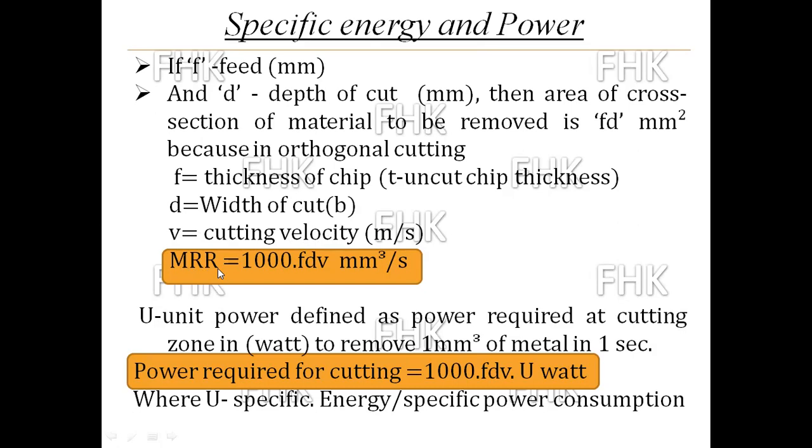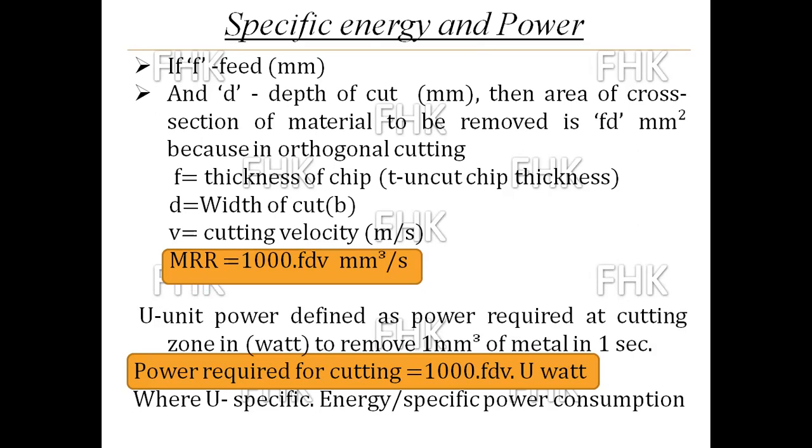So metal removal rate will become 1000 FDV mm cube per second. The cutting velocity is given in meter, so for converting to mm per second, because the others are in mm, you have to multiply by 1000. So this will become 1000 FDV mm cube per second, the metal removal rate. And U is the unit power